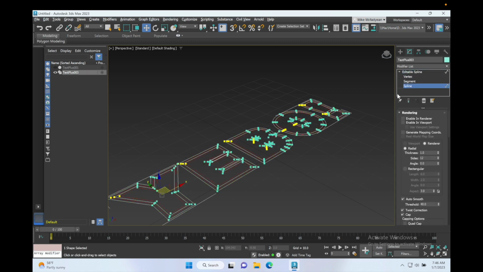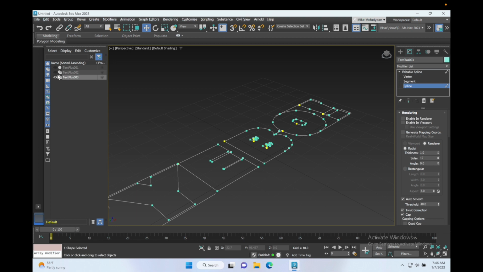Let's take it, spline, delete the original. Oh, sorry, that was my bad. I want to go here to spline, delete, then I'm just going to delete these inner ones. So okay, what I'm left with is